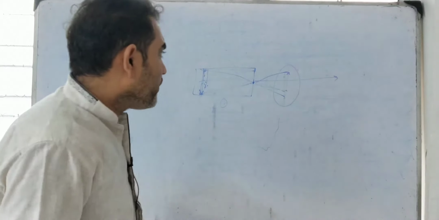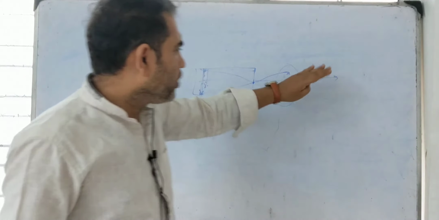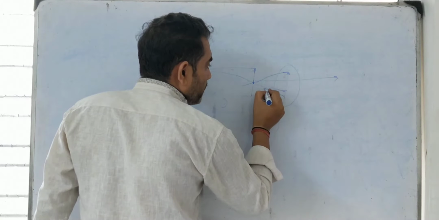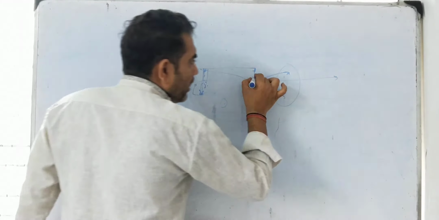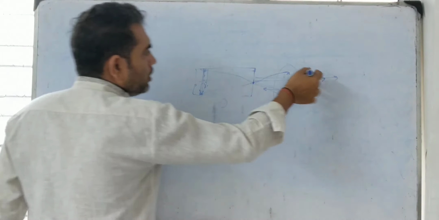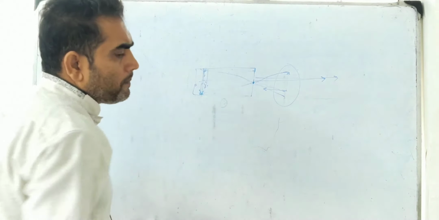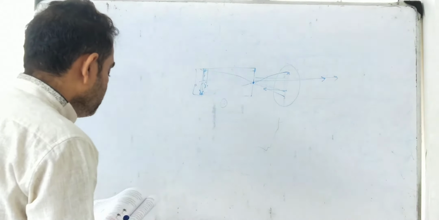Sometimes, whenever the size is diminished, the darkness of the image increases, but I am not talking about that. The closer the object is to the pinhole, the larger the image formed on the screen, and the farther the object from the pinhole, the smaller the image formed on the screen. The second point is the distance of the screen from the pinhole.